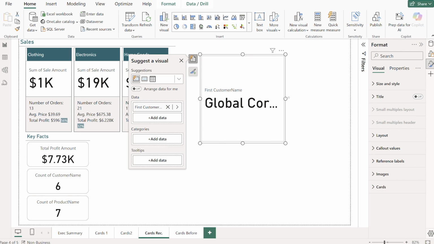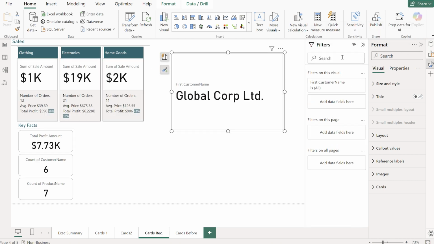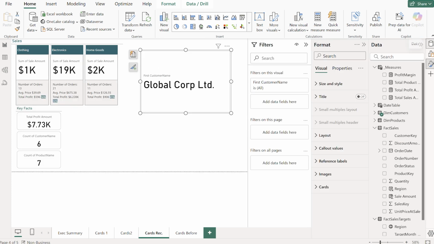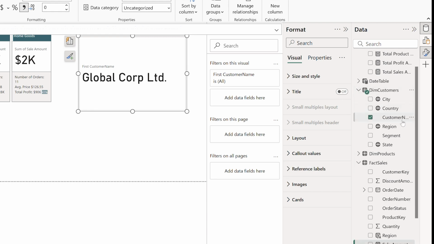So if I put in customer name, whichever customer name comes first. Now, in the filters pane on the right is where we're going to do the magic. So in the filters pane, I'm going to look at filters on this visual, and then I'm going to tell it I want to filter the customer's name